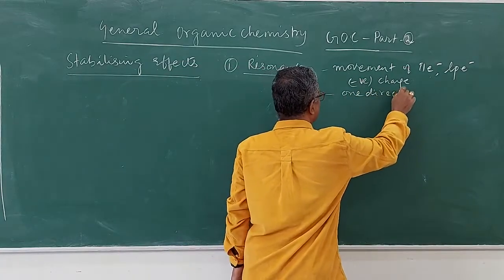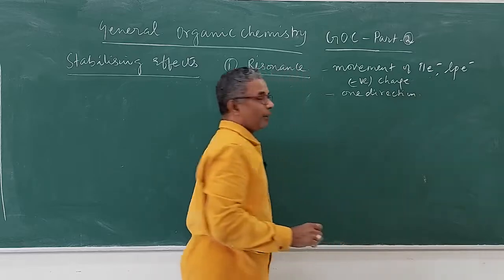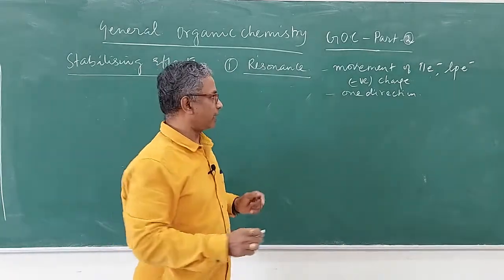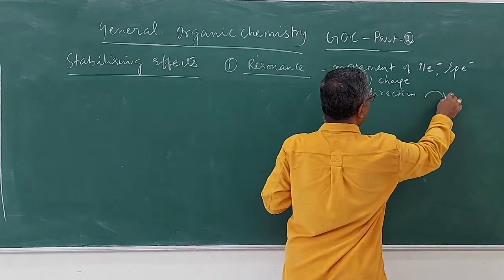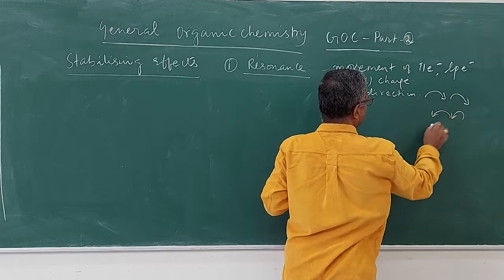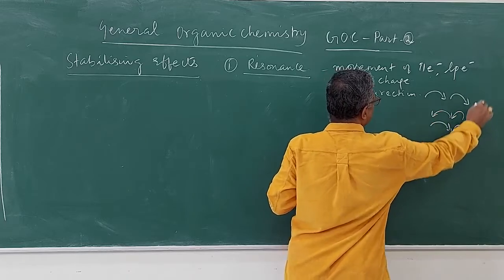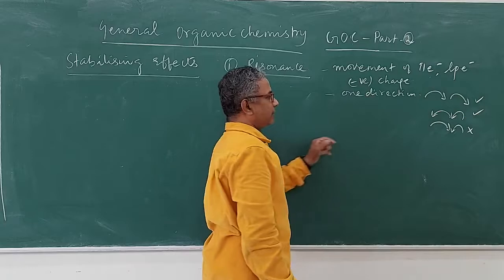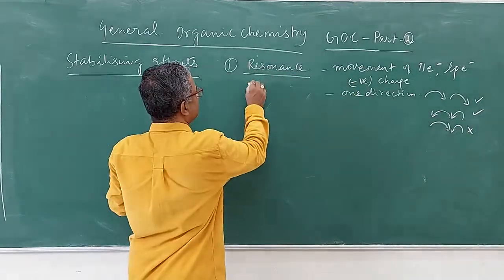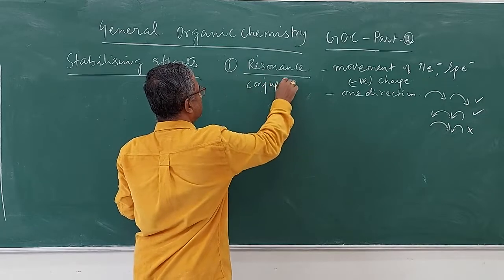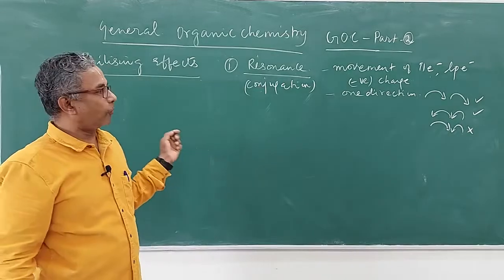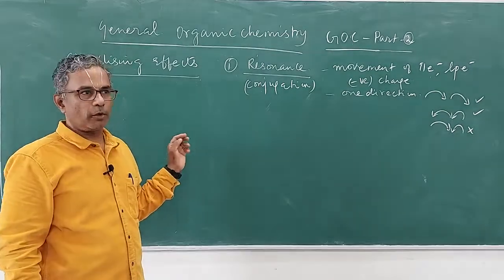In higher classes, when you go to advanced and all, you will have resonance taking place in two different directions. When we say one direction, the movement will always take place in one direction like this, or it will be taking place in this direction, not like this. So usually this type of movement will take place. This we will see in higher classes, where we will have opposite conjugation. So resonance is sometimes also referred to as conjugation. So we will see an example of how this resonance actually operates.